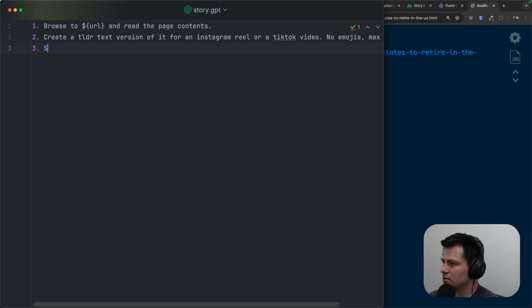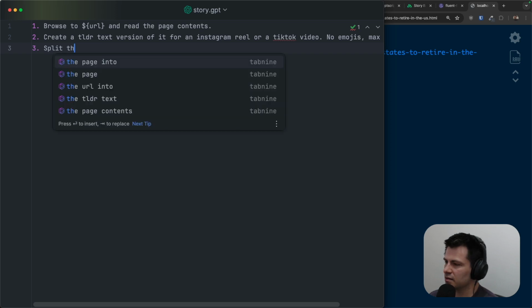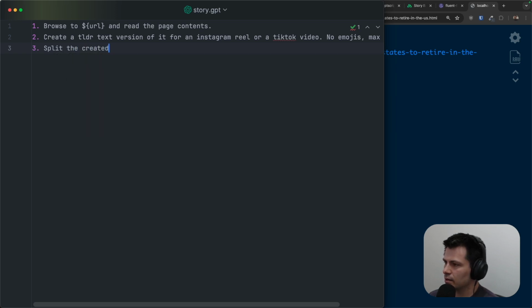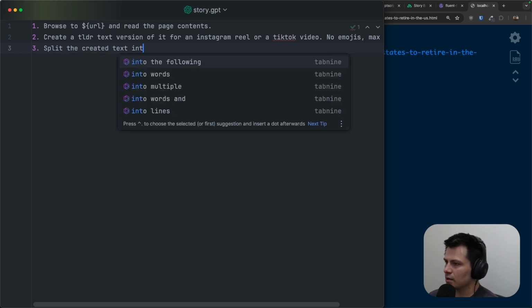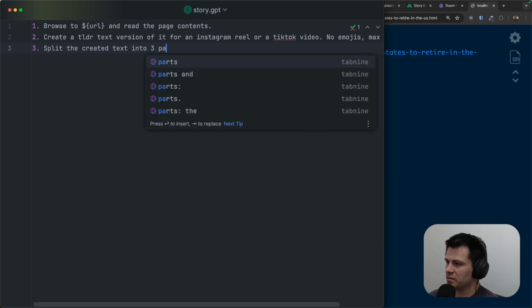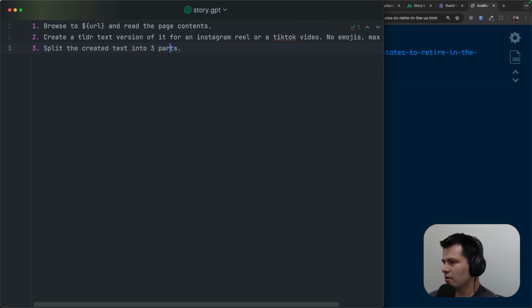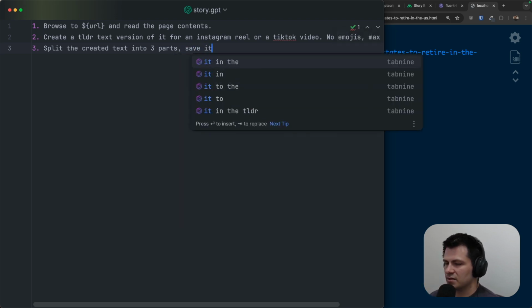So let's do: split the created text into 3 parts. You can do 4, or later you can maybe do that. It will take an argument like here for the URL, and we want to save it. Save the text